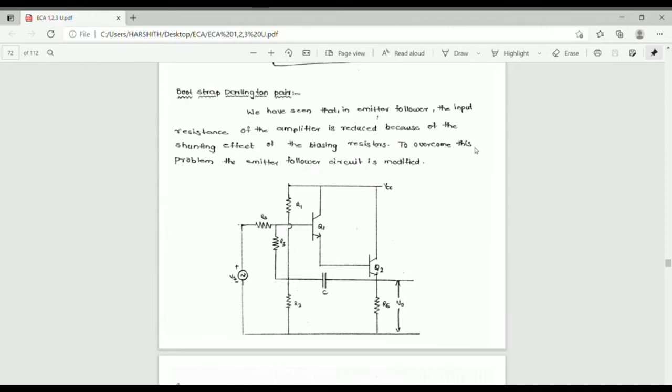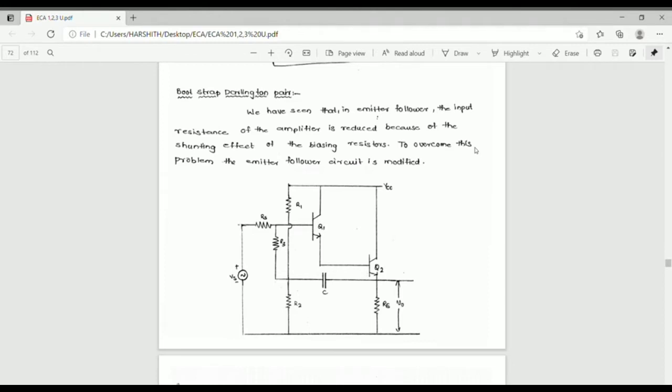What are they? Direct coupling and transformer coupled amplifiers, direct coupled amplifiers, cascaded transistor amplifiers and their analysis, analysis of the two-stage RC coupled amplifier, high input resistance transistor amplifier circuits and their analysis, and also Darlington pair amplifiers and cascade amplifiers. Today we discussed the bootstrap emitter follower and differential amplifier using BJT.